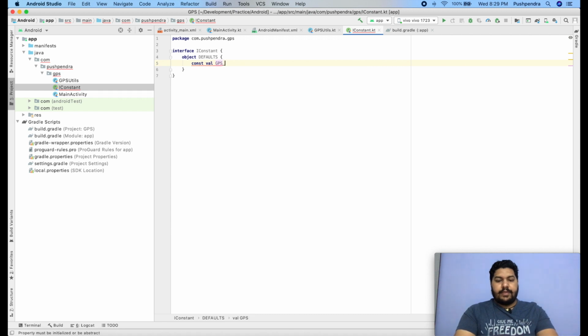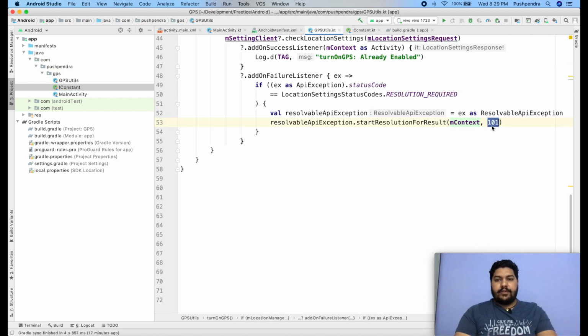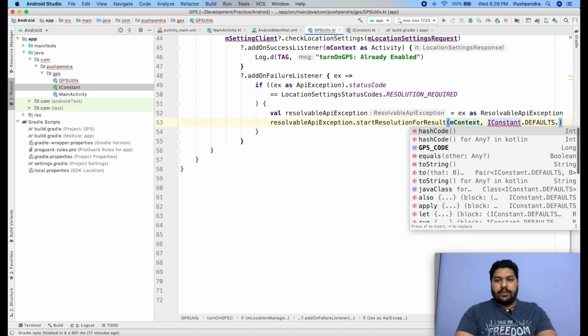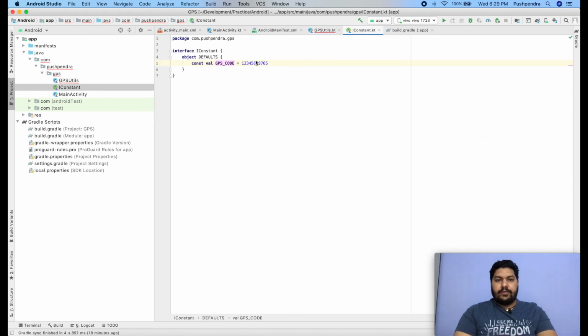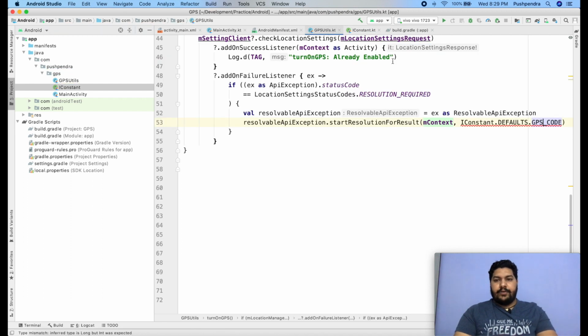Okay, GPS code, and here we can give anything, this will work. Okay, now in your GPS utility, here it is IC constant dot defaults dot GPS code. Okay, now it is quite long, so I'll give 1002. Fine. Now open your GPS utility and it will start working.